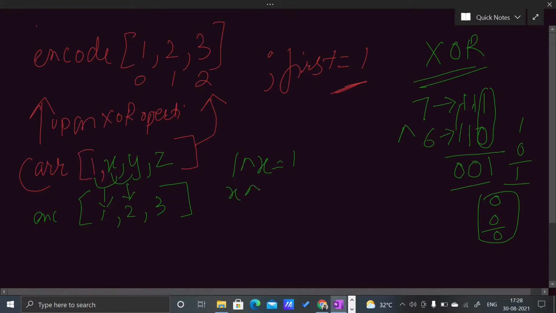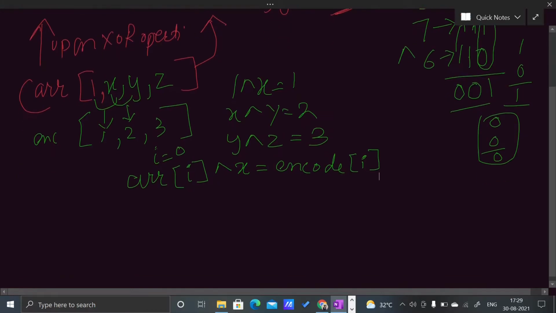So x XOR y will give me 2, and same for y z: y XOR z will give me 3. So in general, I can write it as ARR of I, starting from 0, so ARR of I XOR ARR of I plus 1 will give me the value of encoded of I.